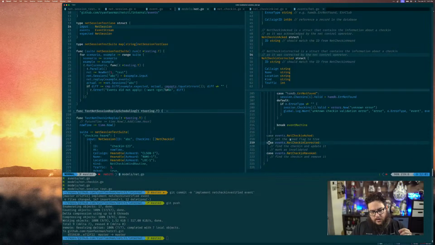Next time, I suppose, we'll implement the next event, which is probably gonna handle act, revoke. Probably gonna handle all these next time because these should be relatively simple. We just have to delete the check-in. We have to correct, update it, possibly, and then maybe an act and unact thing. So we should be able to get that because this was a bigger one, more complicated. Until next time, we will